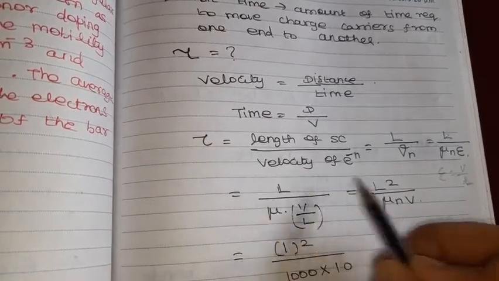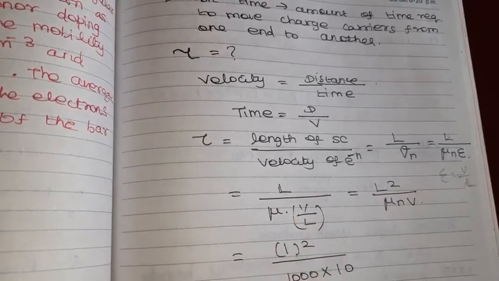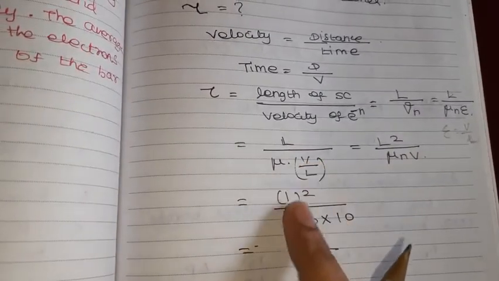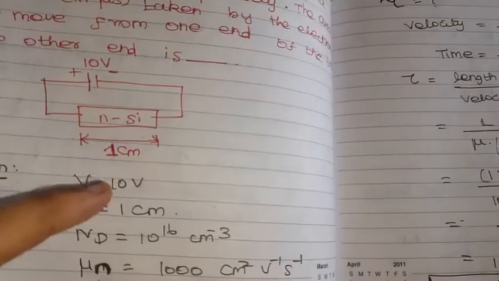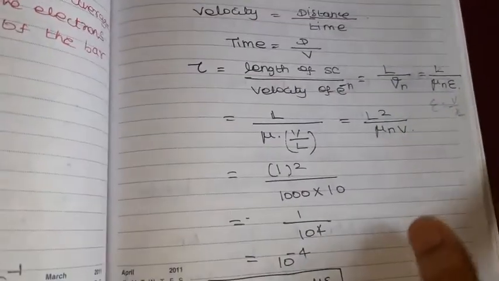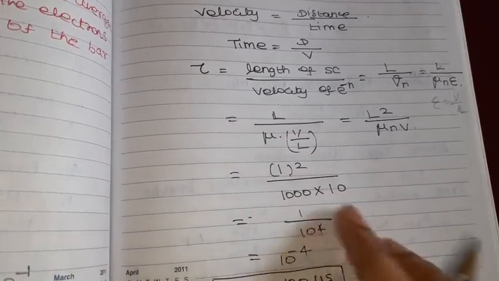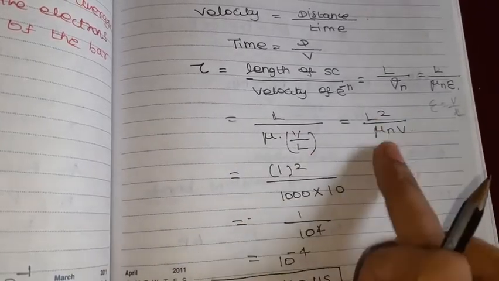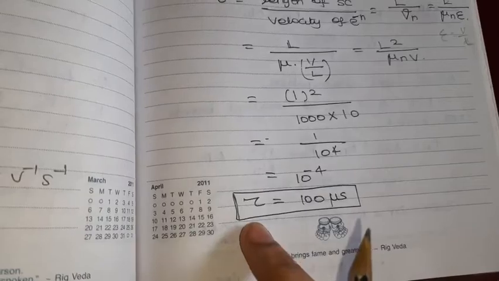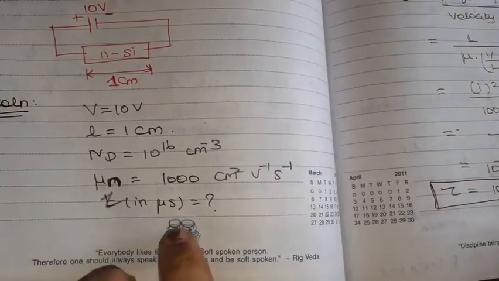So it will go to the numerator, L squared by mu n into V. Just substitute L value. L value is 1 centimeter. Mu value is given in the formula, V value also known. Substitute L, mu and V, then find out tau is equal to 100 microsecond. Tau we need to find out in microseconds. Okay,